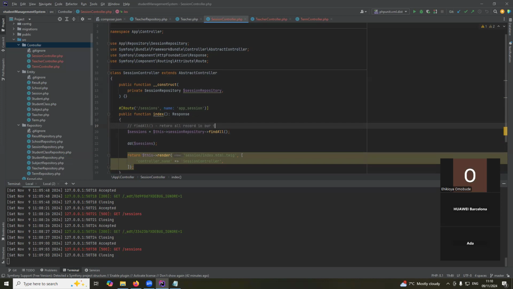So find all returns all the records in our entity, basically. We are bringing all, give me all the records. So we have another one. Let me comment this out. Let's take it one by one. So we have the second one called